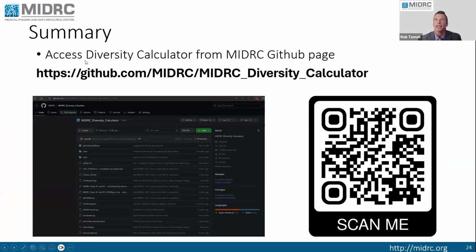In summary, we can access this diversity calculator straight from the MIDRC GitHub page. And here's the link. There's what the MIDRC GitHub page looks like. And you can scan this QR code. I'll leave this up for just a couple more seconds. But yeah, if you just go to github.com/midrc, and like I mentioned earlier, we're a new repository, so it should be findable